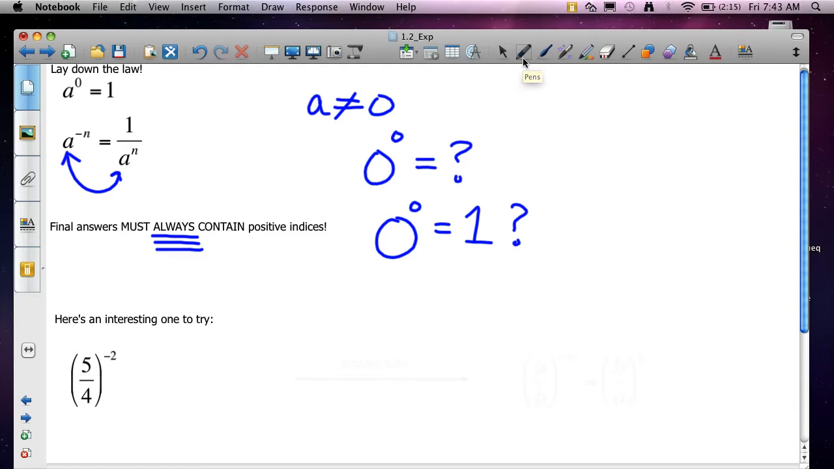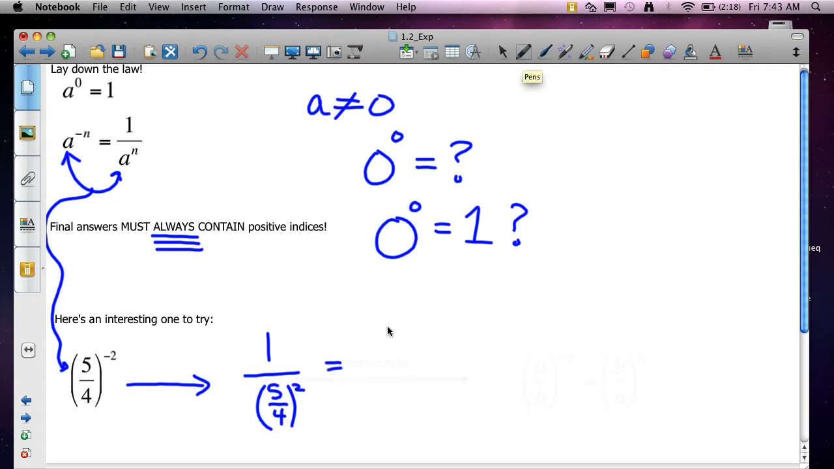If we think about it for a moment, let's take a look at this example. 5 to the fourth to the negative second. I can't have negative exponents. What am I going to do? Well, let's make it positive, but it's a fraction. That's all right. We can still make it positive by taking 1 over 5 to the fourth to the second,